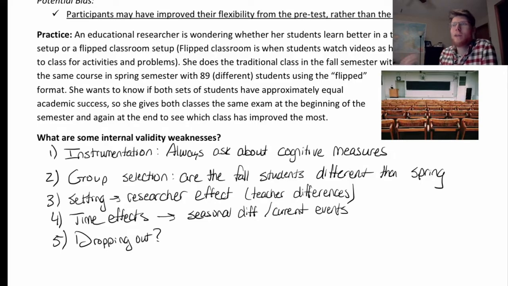So if I have a couple of students dropping out of both semesters, I probably don't care that much about this. But if I have a lot more students dropping out of one than the other, or if I get the sense that students are dropping out for different reasons, maybe because one of these is really hard or one of them is really boring, right? That would be different reasons. If there's a difference in rates or reasons,